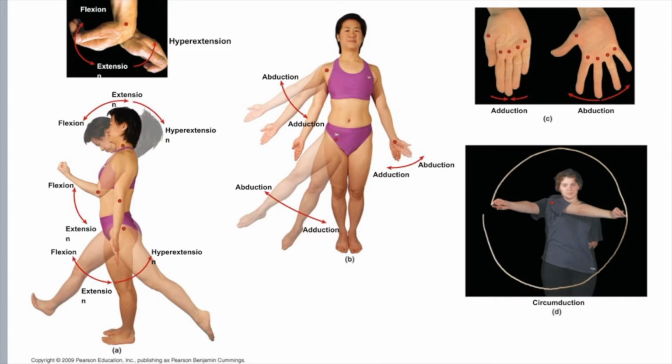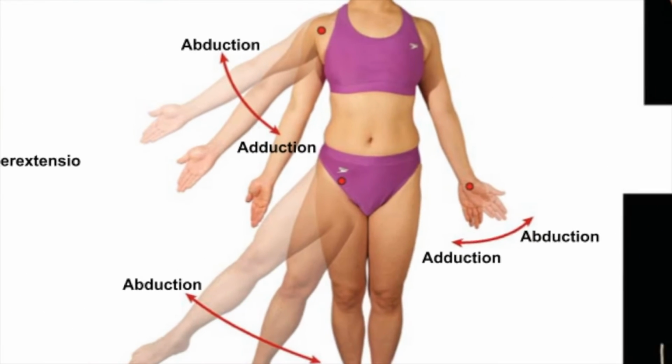Let's look at some different types of motions. We're going to name the motions. These you will be tested on. They're specific names. Then we'll watch a little video, and then we'll all get up and try to do these motions. We'll play a little Simon Says game here. Okay, so first of all, let's look at